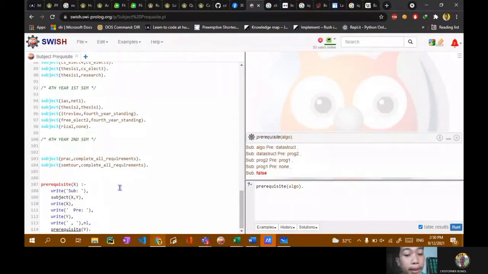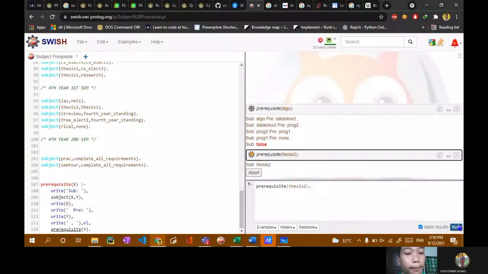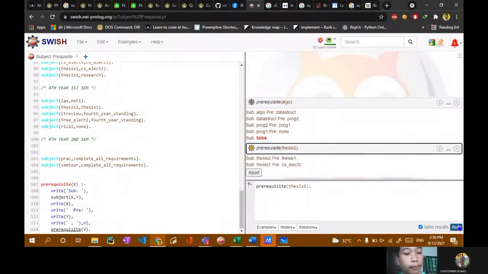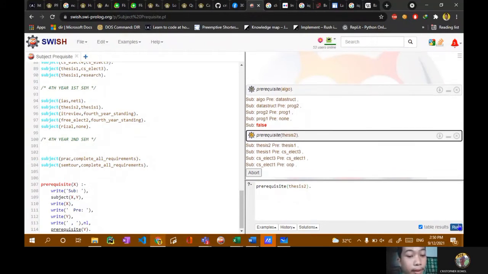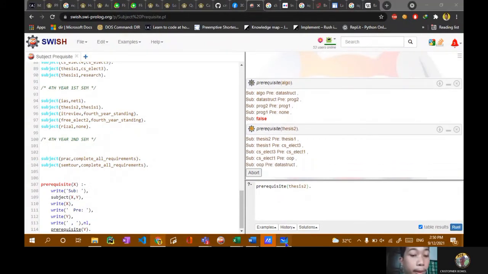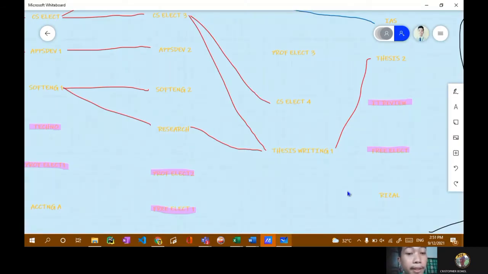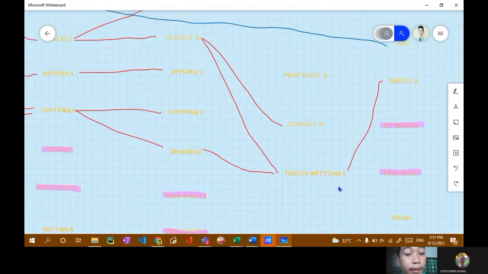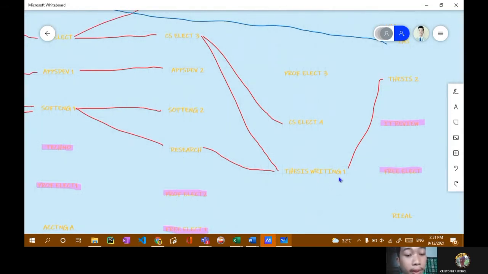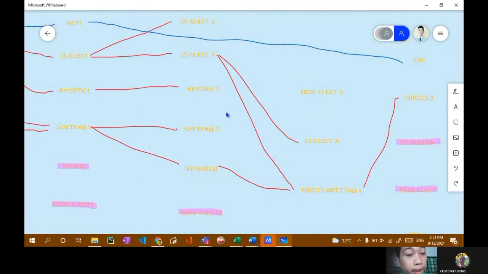So another example is thesis 2. When we run this program, it will send thesis 2 and then find thesis writing 1. Then when we send thesis writing 1, it first